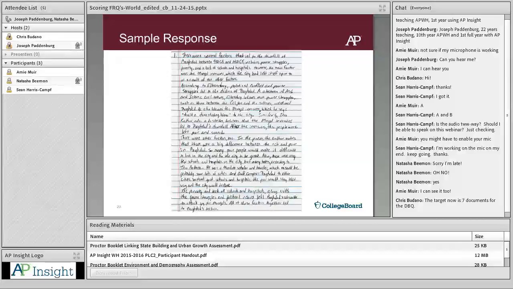Is that correct? Yes, that is what we're looking for. For point E, you actually have to connect it to your thesis, and you actually have to have a legitimate thesis. If you don't have a legitimate thesis, you cannot get point E. You can still get C, but you cannot get E. As you explained there, you've got to have that connection to your own argument, and if it's not there, you